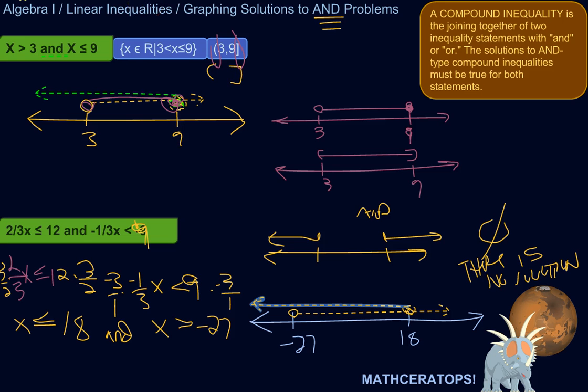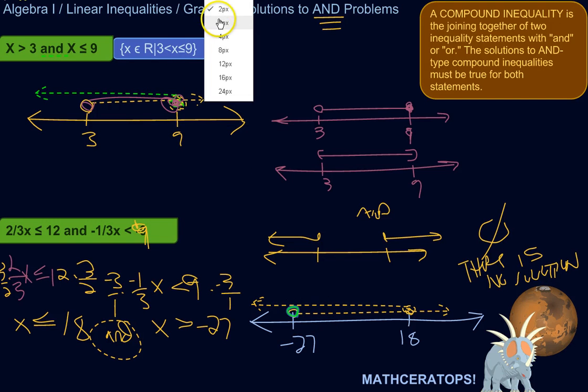So the real overlap would be here. So this is and, so I need to know where both of these things are true. So my real answer would be, make that a solid line. Let's make that green, I guess. Would be, and let's make it thicker. Green would be here, the region where both those